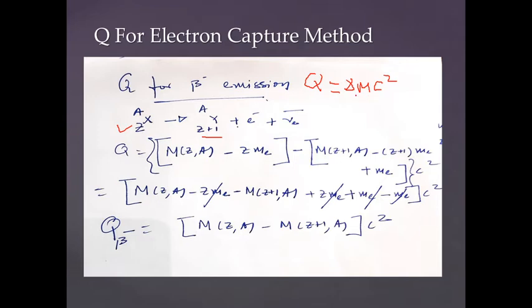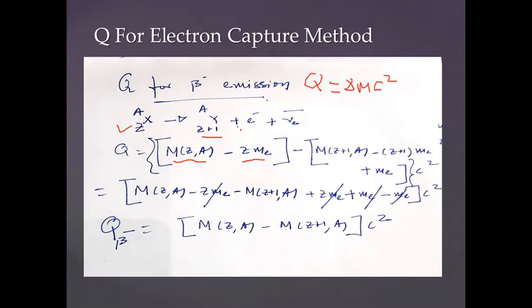Here, delta M C square, delta M is the initial nuclear mass minus final nuclear mass. So if you are talking about ZXA being the parent, then this is the atomic mass MZA, and I am subtracting the electron mass, Z times Me. So that will give me the nuclear mass in this case. We were not doing this earlier because the number of electrons was the same on both sides. So whether you take nuclear mass or atomic mass, the result is going to be the same.